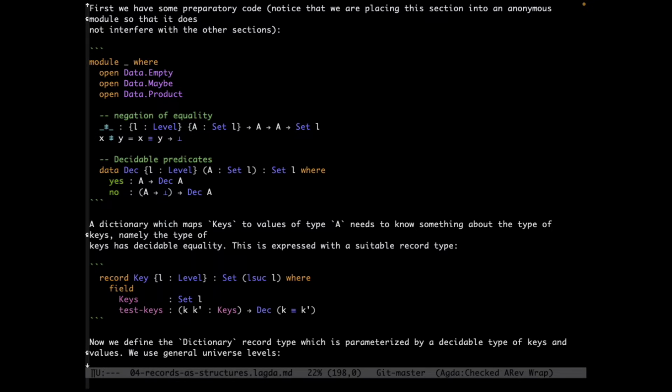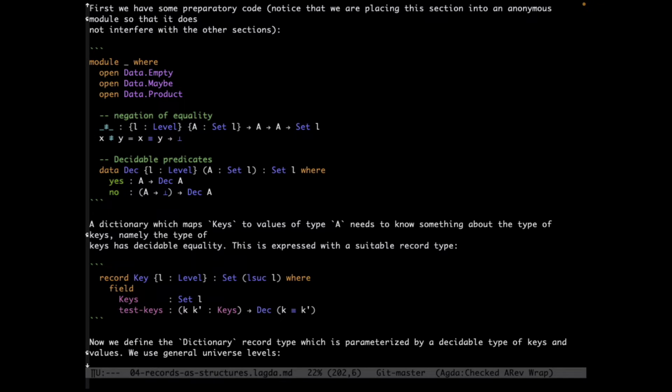Sorry? Yes? We will do just the equality. We will just do decidable equality, but what else did you have in mind? That you might want something? Order, yeah. You would want ordering to have a reasonable implementation of dictionaries that actually works in nonlinear time. You would need something like ordering. We will be able to achieve linear time with this assumption. Yeah. It's an interesting theoretical question to give a data structure which has decidable equality, but you can't give a total order. What would that be? So,